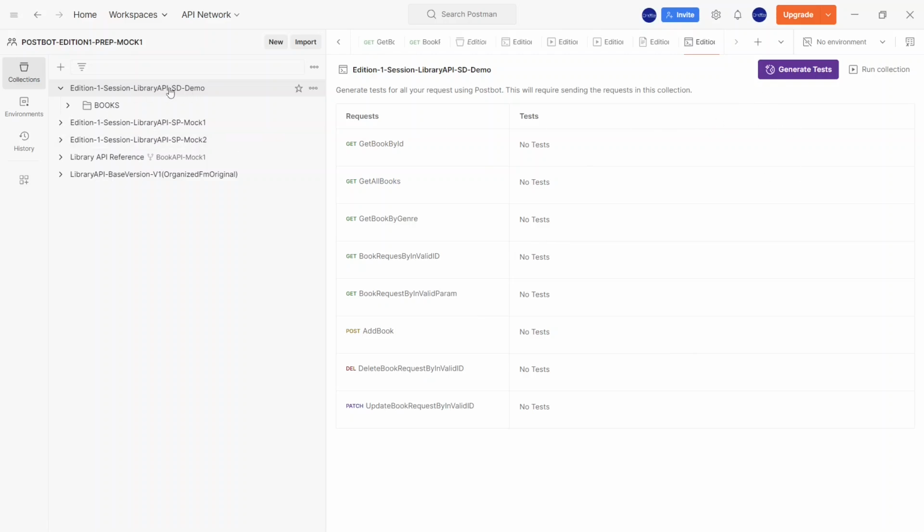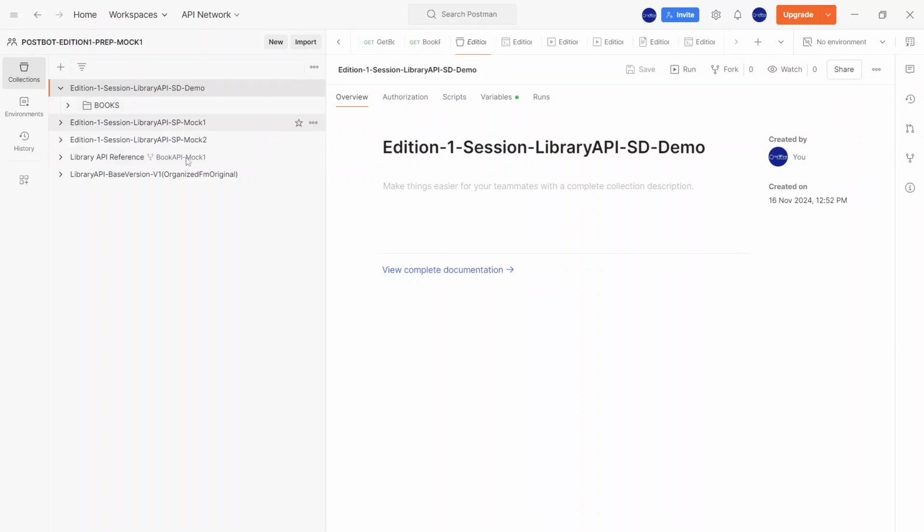Or else, we go back from this screen, and in the status bar you'll see Postbot, or else the shortcut is Control Alt P as well. You launch this one. Here also by default generate test is available. Once you click on this one,